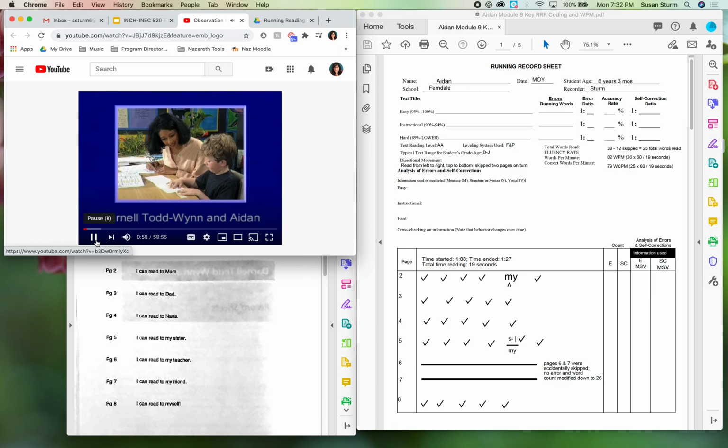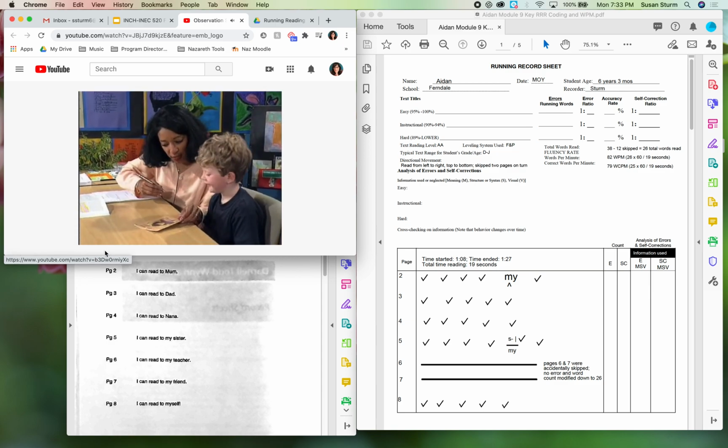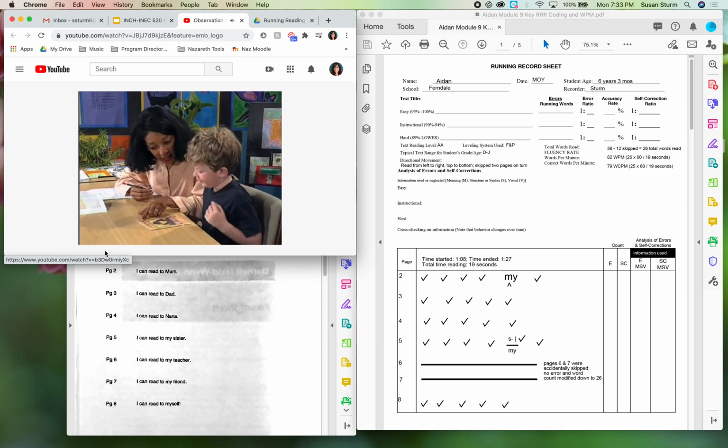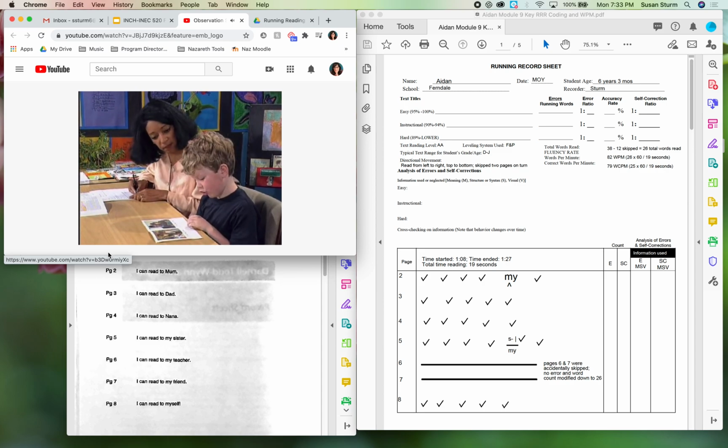Survey. Aidan, I have a book I'd like for you to read. It's called I Can Read. I can read to my